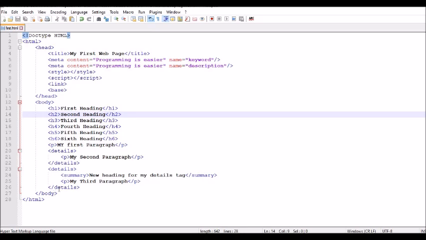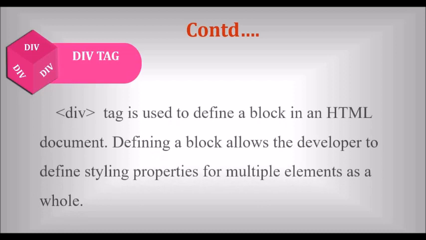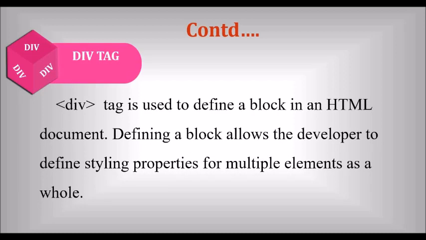So when you are going to define a similar set of formatting options for a particular tags, you can have all those tags inside a block. So for such conditions, we can use either div or span tag. So div is a tag that creates a block of elements, right? It can be any element of your HTML. We can add n number of elements inside a div tag and we can format it as a whole. And then to define a layout, we can also use span tag.